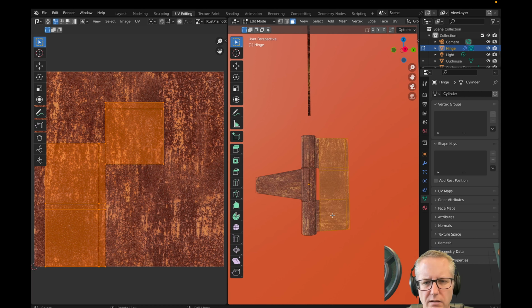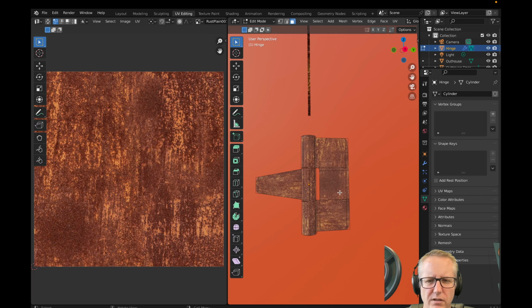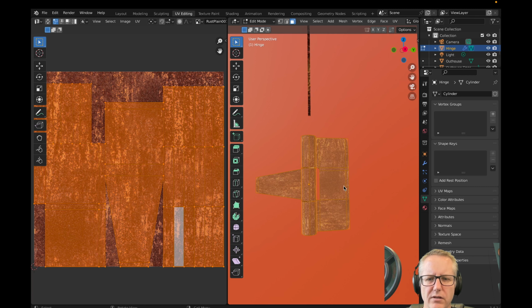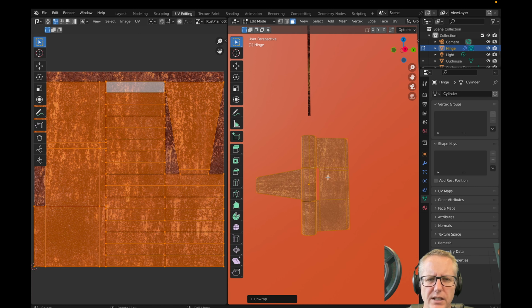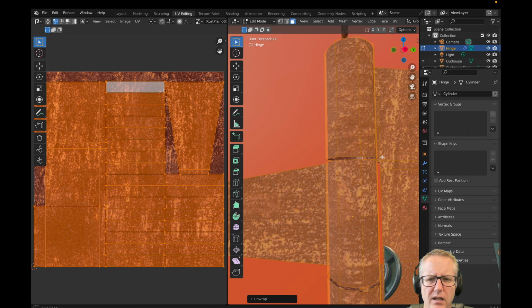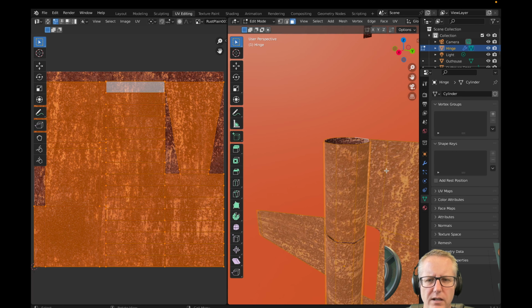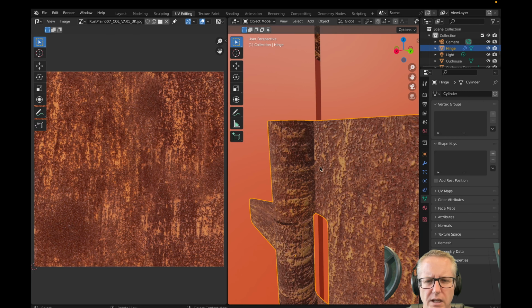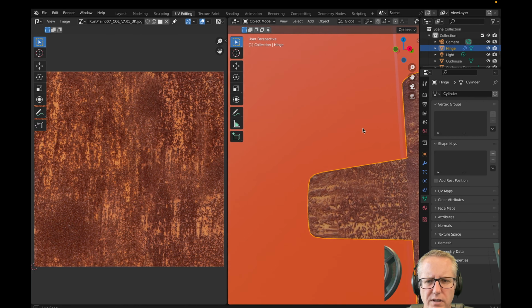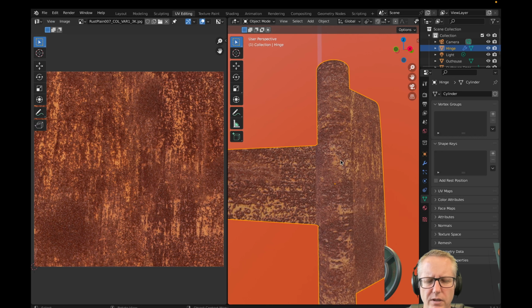I don't really like the direction here, so let's just do it myself. U to unwrap. Instead of Smart, I'll just choose unwrap. Now that did it slightly differently because I did my own little seam down here and one over here, but you can't see it because I'm in material preview mode. So I go back to solid